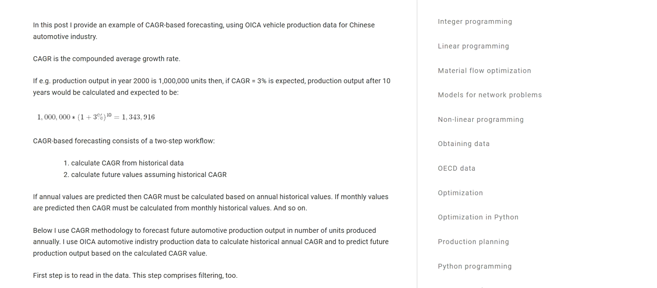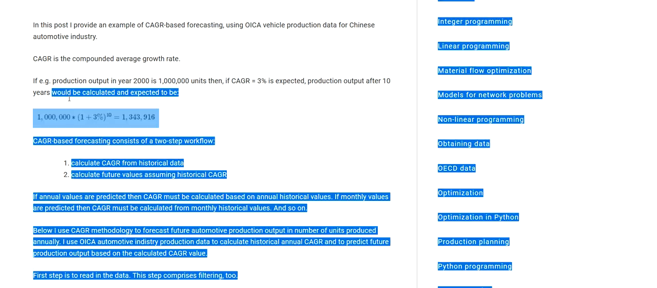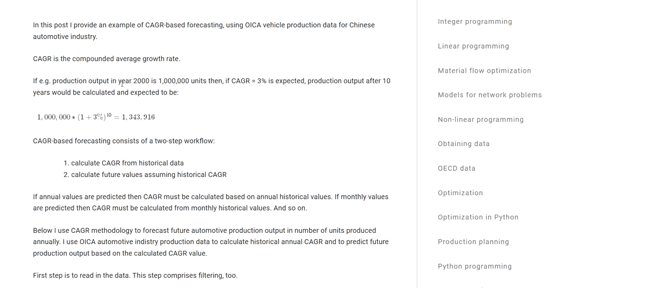Quick introduction to a very simple forecasting method that's often used in commercial industry, which is CAGR-based forecasting. CAGR stands for compounded average growth rate, and the method can best be explained with a simple example, which is provided here. So assuming we are in year 2000 and we have a production output of 1 million units, and assuming a compounded average growth rate of 3% for the upcoming next 10 years, the expected production output in year